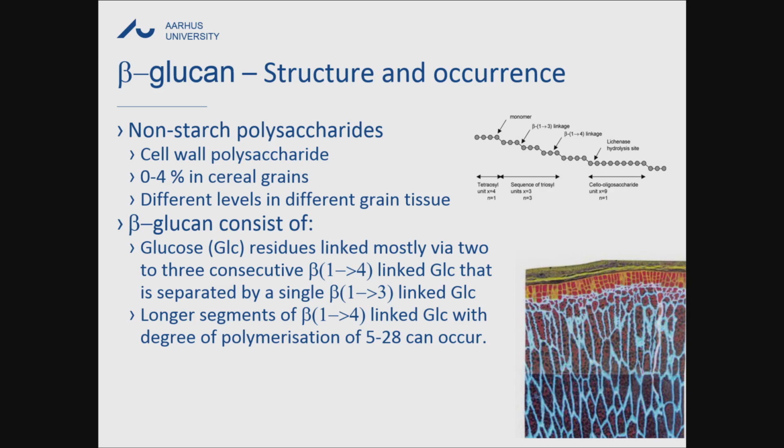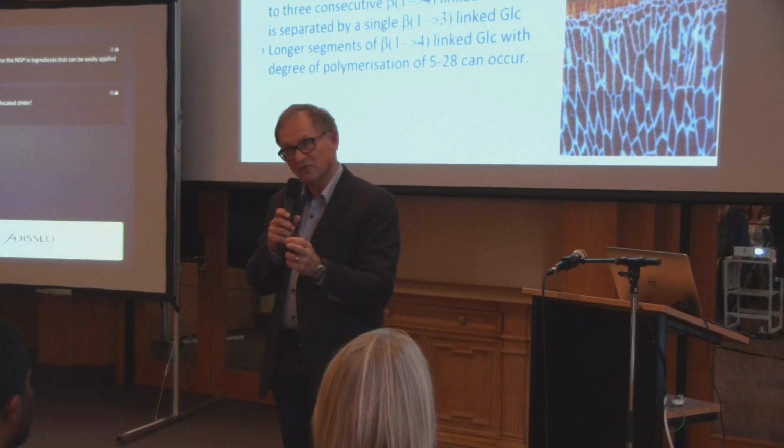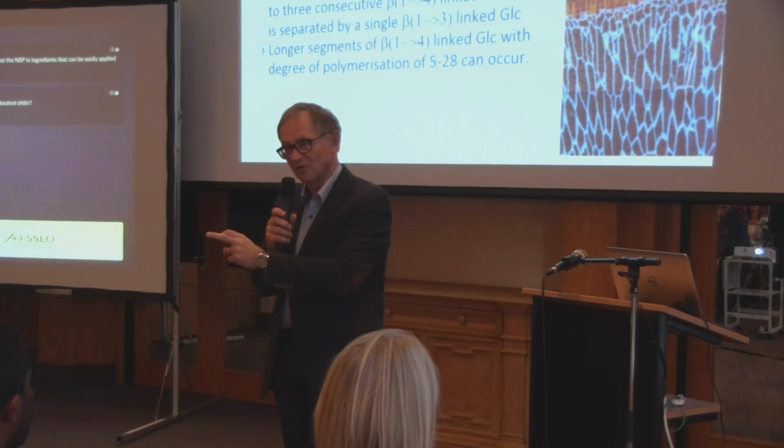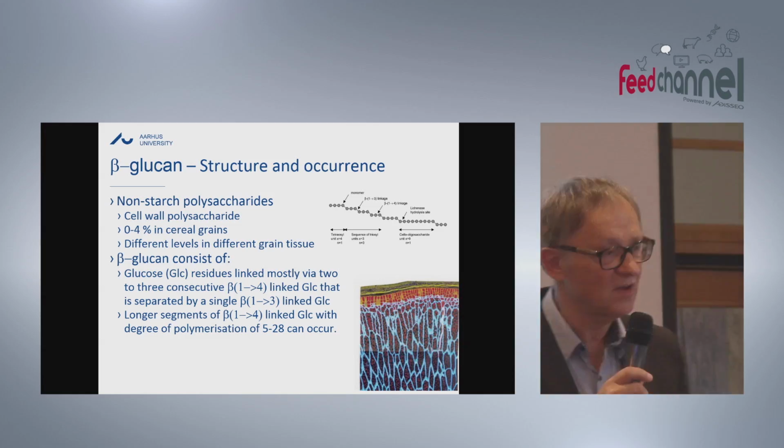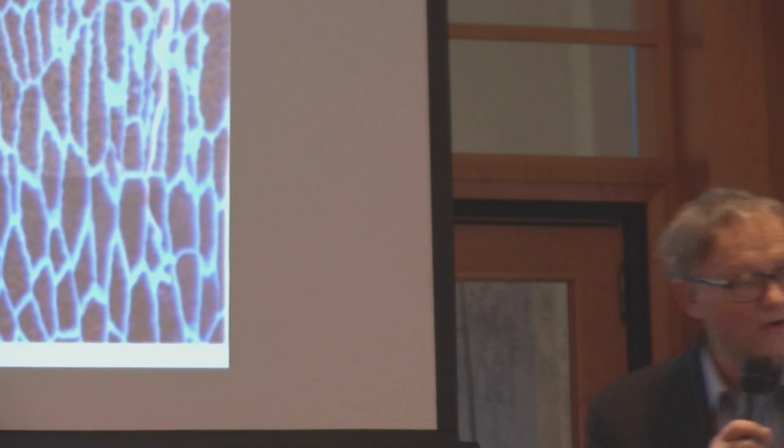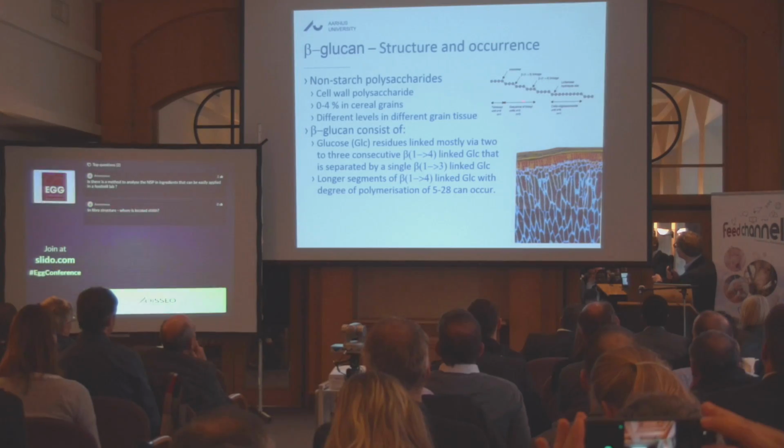Beta-glucans are also a glucose polymer, and they are also built of beta linkages between glucose units. But in contrast to cellulose, in approximately 25% of the cases the linkages are not 1,4 linkages, but beta 1,3 linkages.